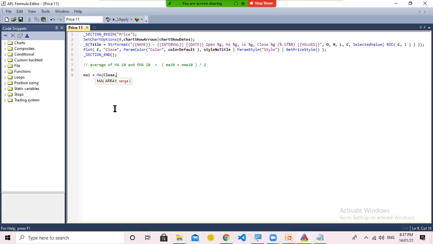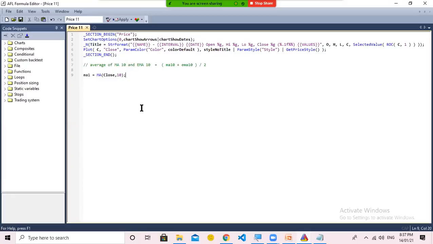So I write 10 here. I close the round bracket and semicolon. And remember, in AmiBroker, each line has to be closed by the semicolons only. Now, if you will not put the semicolon, then AmiBroker will throw an error. So up till now, we have identified the value of moving average 10.